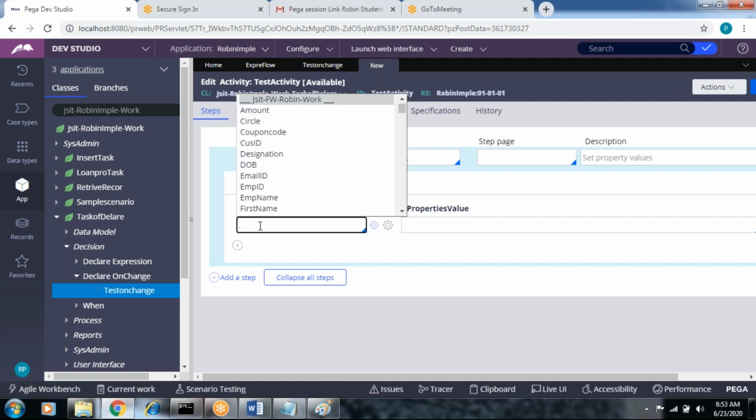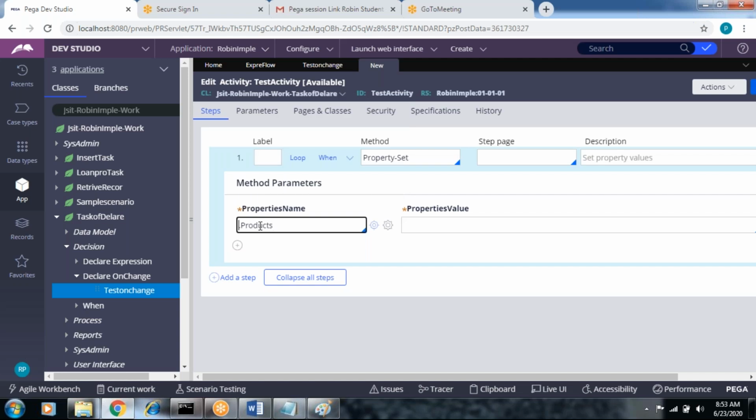First refer to the page list Products. How to refer to the pages: we don't need the brackets, just dot the property. We can use the functions, so here is an append function. Products dot append.